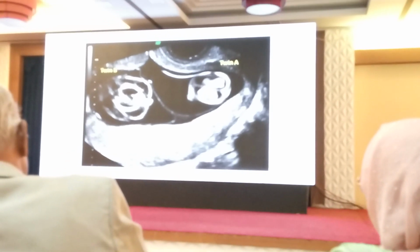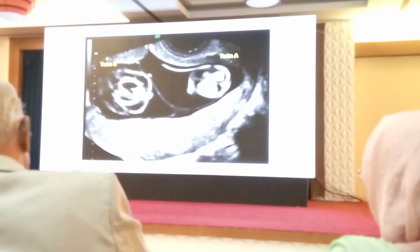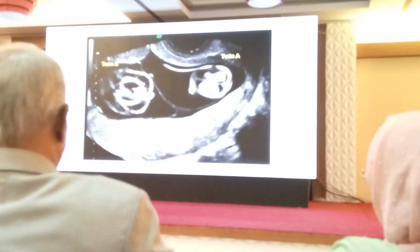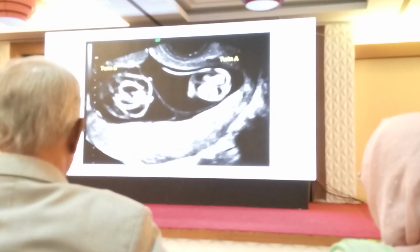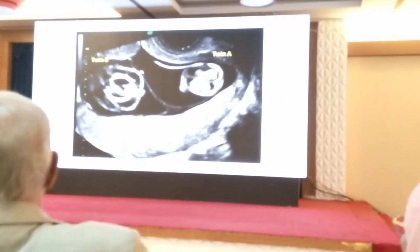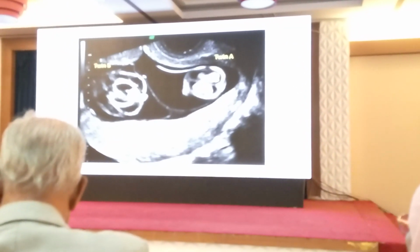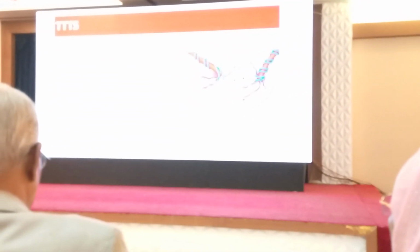So stage 1 we said is the discordance in the fluid. Stage 2, bladder. Stage 3, abnormalities in the Dopplers. Stage 4 is hydrops, and 5, unfortunately, death of one or both twins. Okay, so it happens usually in 10 to 15% of monochorionic diamniotic twins, less commonly seen in monochorionic monoamniotic twins,